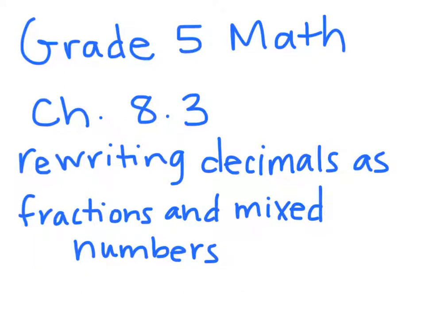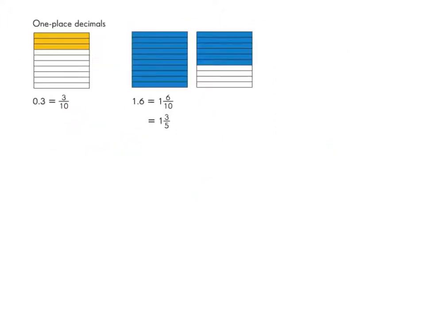This is Chapter 8.3, Rewriting Decimals as Fractions and Mixed Numbers. This is a short lesson. Let's dive right in. We'll begin by learning to rewrite one-place decimals as fractions or mixed numbers. So let's look at our first example,